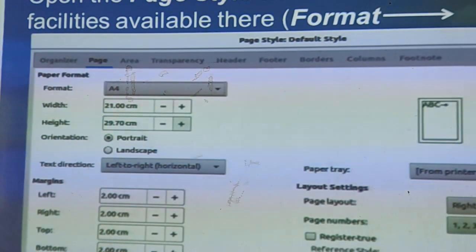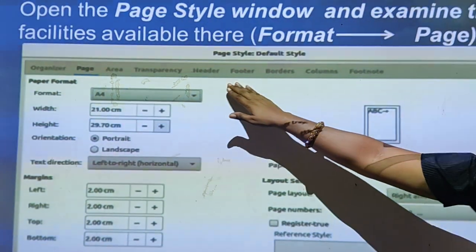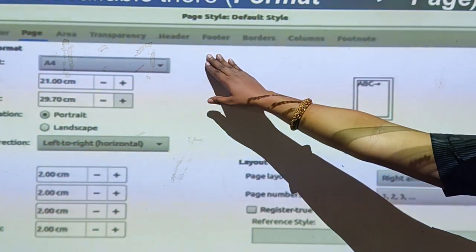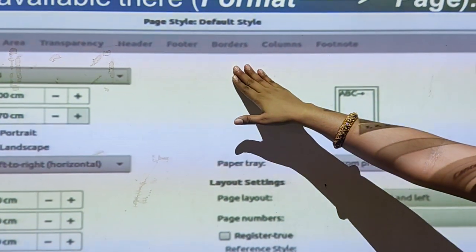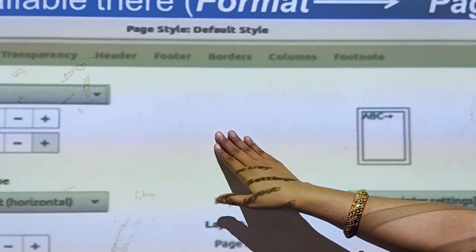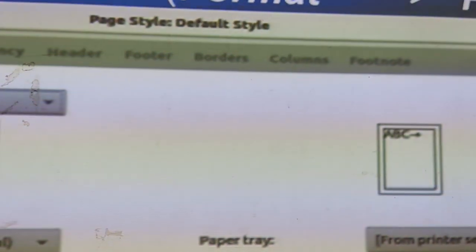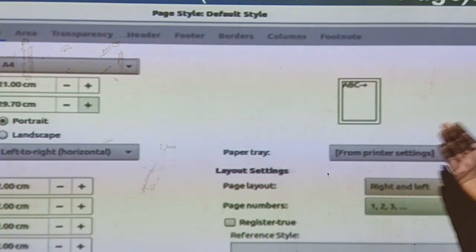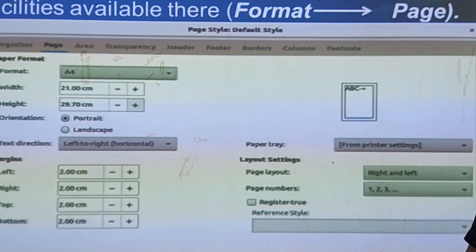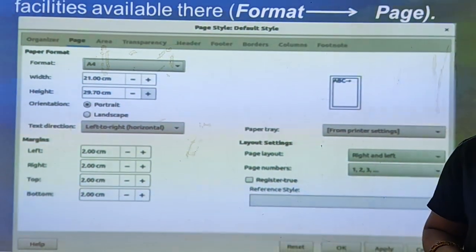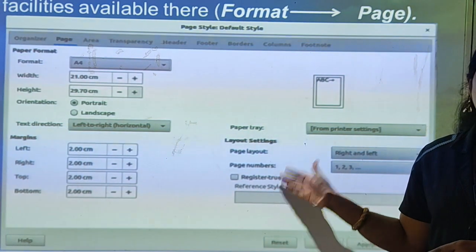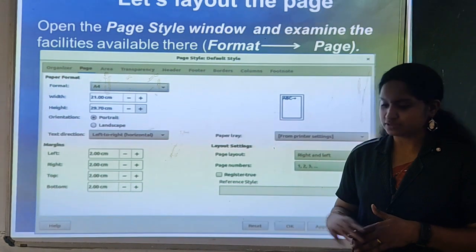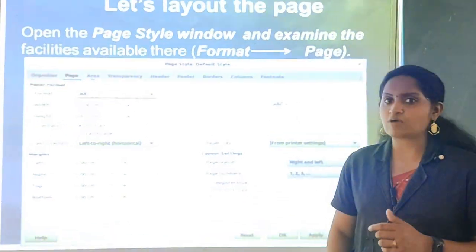And next is header and footer. I can show you how to apply the header and footer in the practical section. And next is borders. Here also you can choose different border options, and in the practical section I will show how I am applying these things. Clear? So these are the things you mainly have to apply in a page formatting section. During the exam you will get a document and they will ask you to apply different formats in a page. Okay students, let's see what the steps are and how to apply these things.